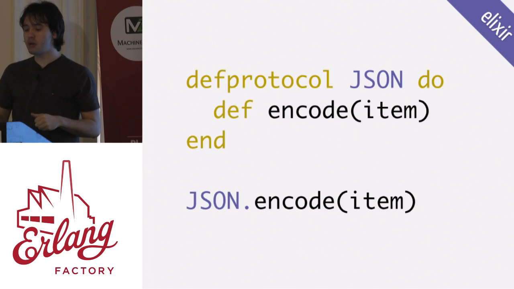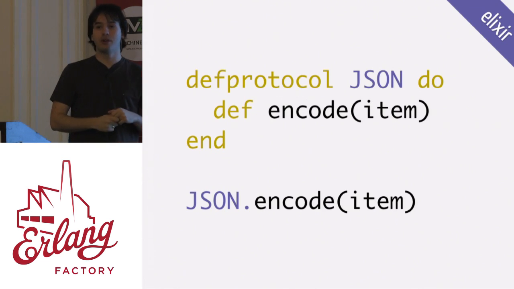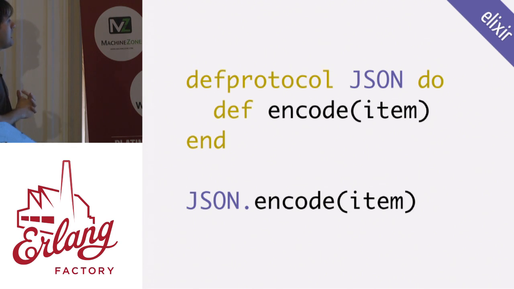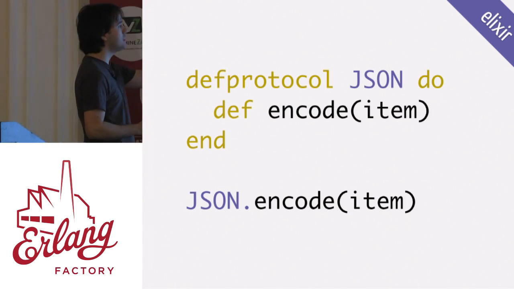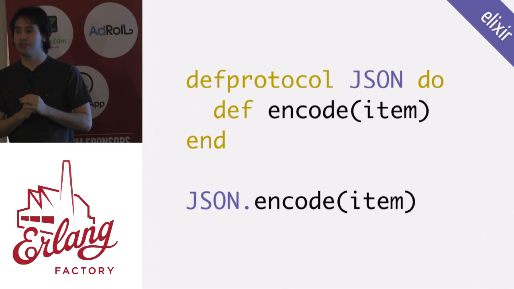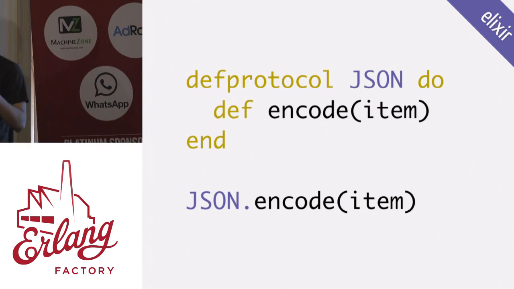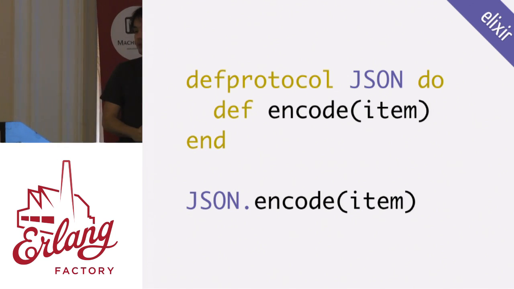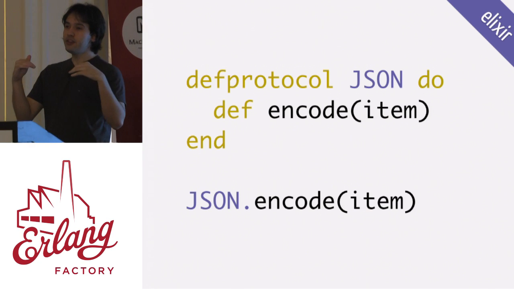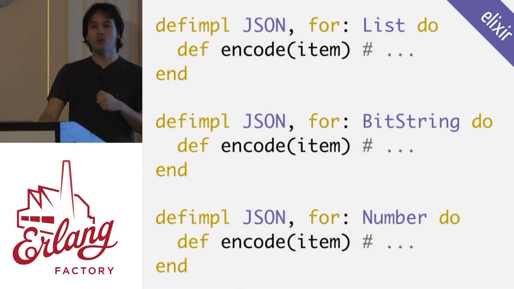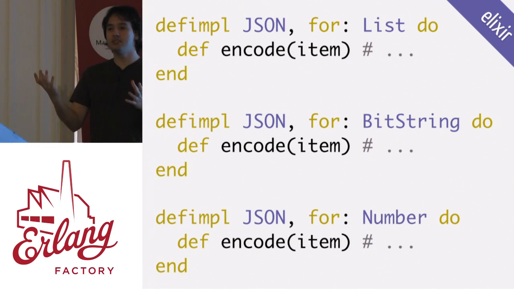And this is exactly what protocols in Elixir aim to solve: to bring this polymorphism. So in Elixir we would say, I want to define the JSON protocol, and this JSON protocol has an encode function. We can call this encode function like any function in our code, like JSON.encode, passing the item. And after you define the protocol, you can implement it for any data type that you want. So the person that implements the JSON library could